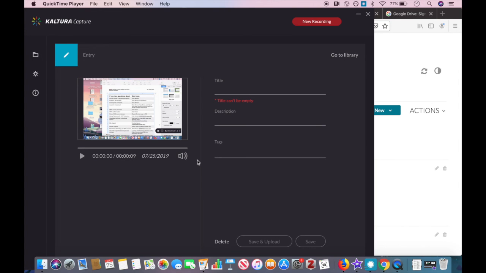Okay, so once you've stopped your recording, you're going to be brought to this page, which is a space for you to basically set up the same information that you would write if you were, for example, on the save page in